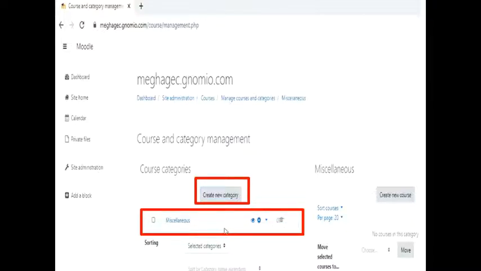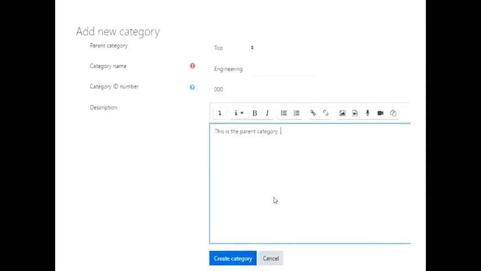Now if you had not created appropriate categories, every time you would have to group it under miscellaneous, which would not be the right and the systematic thing to do while creating an online tutorial or an online site for the student community. So I go ahead and see a systematic way to do it. So the first thing is I create my parent category.